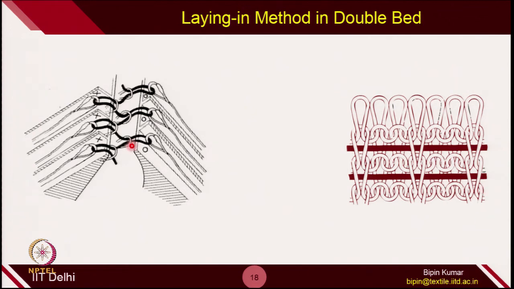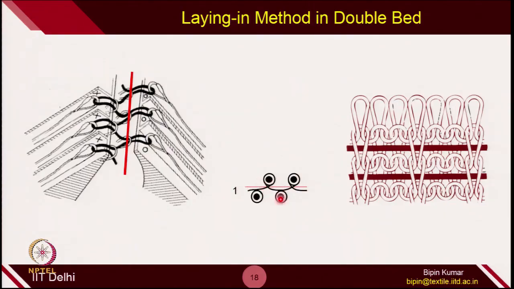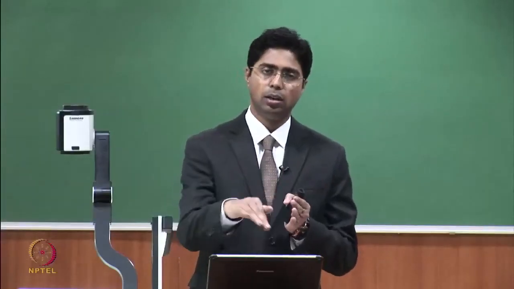So, how can you make this on a V-bed machine? For example, here the front bed is making front loops, the back bed is making back loops, and there is plenty of space here, you can see. So, you can simply put the elastomeric yarn in between. You can go for the second course, and in this way the elastomeric yarn will be locked within the loops itself. When you go for the second course after putting this elastomeric yarn, the elastomeric filament can be locked within the loops between technical front and back. So, between the layers of technical front side and back side, you will see the elastomeric yarn